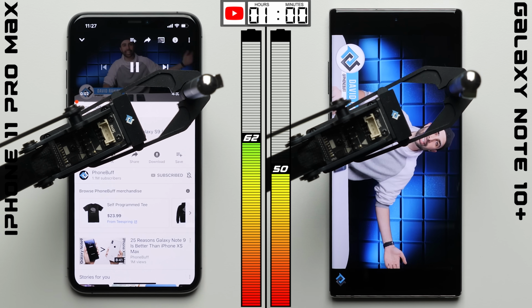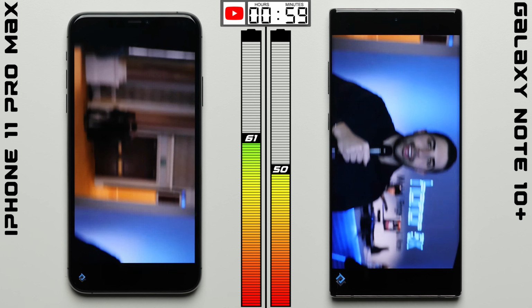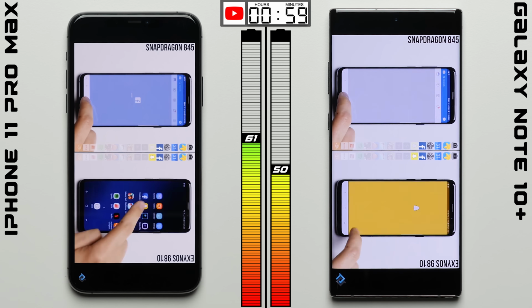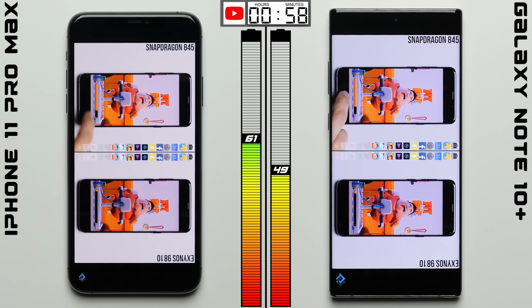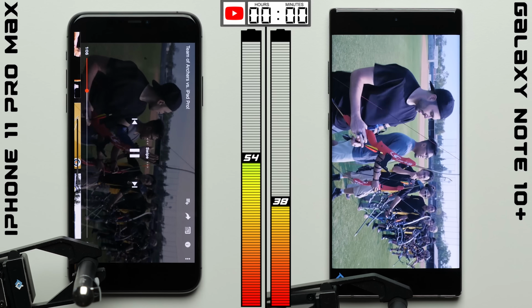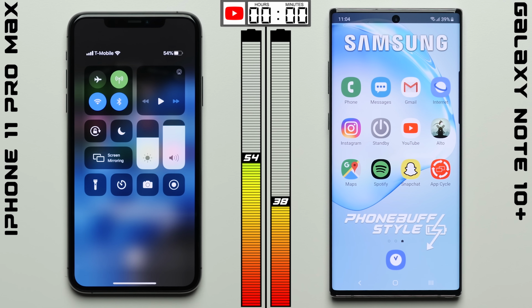Here on YouTube, it'll be interesting to see if the iPhone's new 15% more power efficient display can increase that margin, as both phones cycle through the same set of videos with their speakers equally calibrated to the same decibel count. And after 1 hour, yes, the iPhone adds another 4% to the difference, allowing it to pull 16% ahead